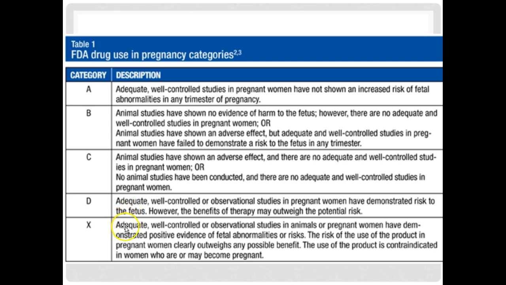Whereas a category X medication, it might not even be that it causes all that much harm, but there might be a lot of other medications you can take that are perfectly safe, in which case, why would we ever even touch that medication if we've got other better medications that could treat the same condition without any risk? So there would be no benefit to taking this one, given that there are risks. It's not as though it's going to be that way every time, but just to understand that D and X,